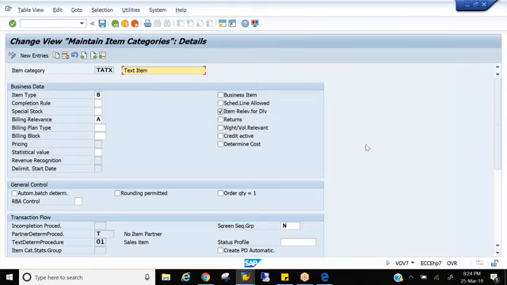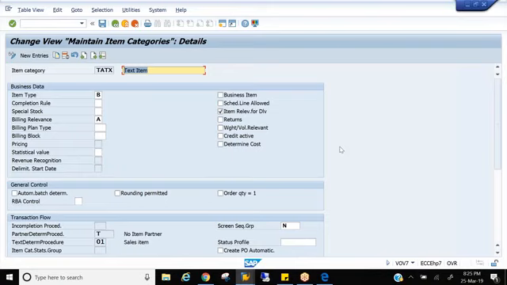So if you don't have a schedule line, if you don't have a movement type, the system will not allow you to do a delivery. So you don't have a schedule line here. That means you don't have a movement type, but still how is the system allowing you to do these deliveries? Because these items are relevant for delivery. These items are marked as relevant for delivery. That's the reason the system is allowing you to do the delivery.